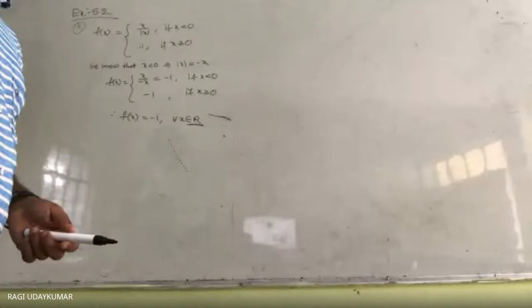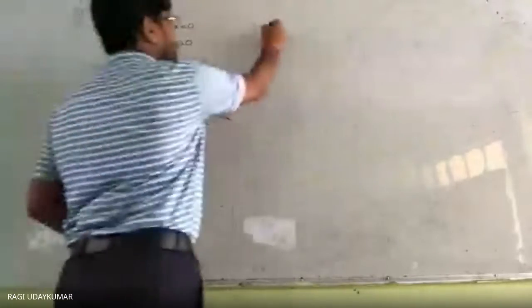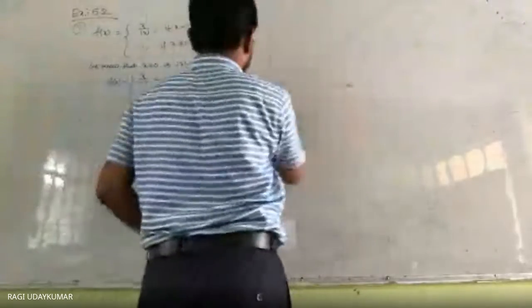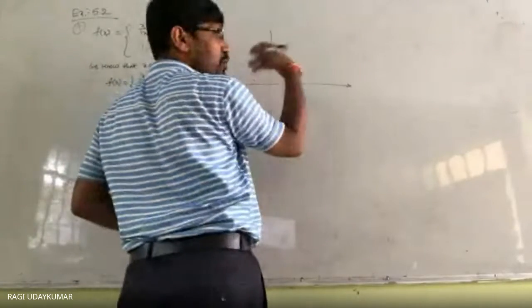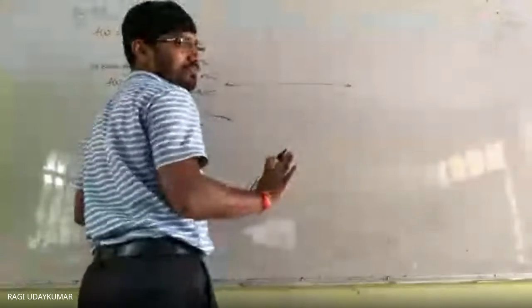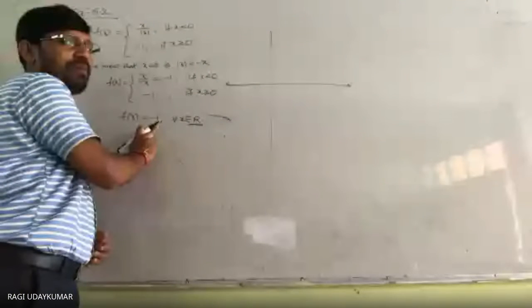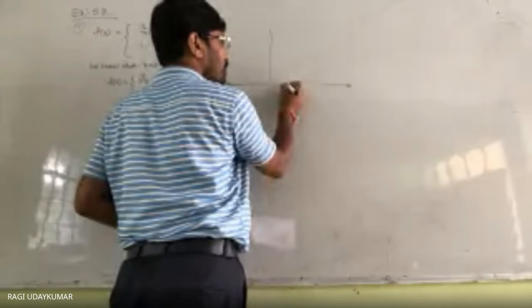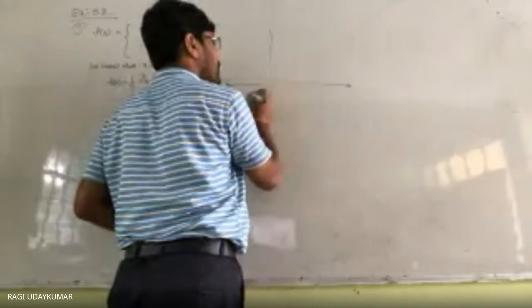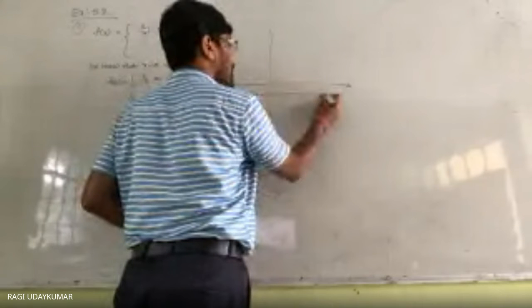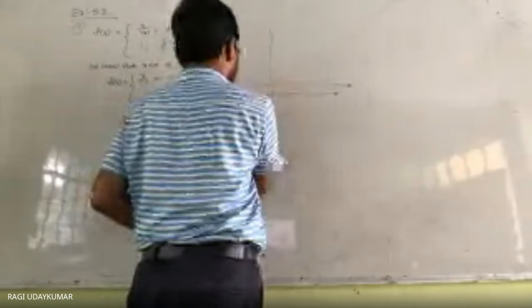Constant function का graph कैसे होगा? Can you predict it? -1 है ना? Whatever x value you take, the y value is -1. Because x के place में 0 ले लो, (0, -1). y के place में here -1 will be there. 0 को -1, 1 को -1, -1 को -1. So this is the function that represents f of x equals -1. ये continuous है ना? Draw the graph normally.